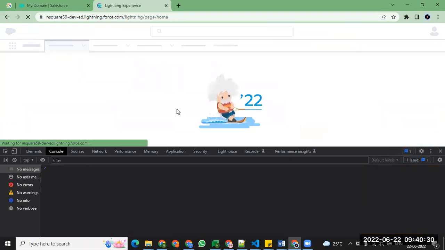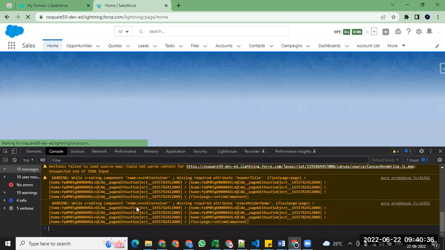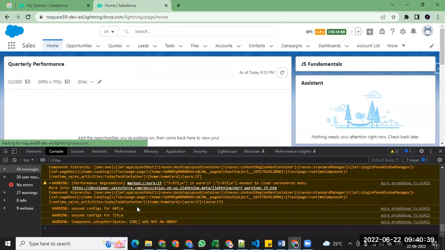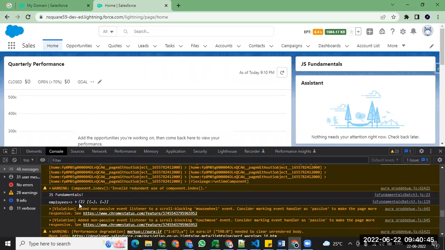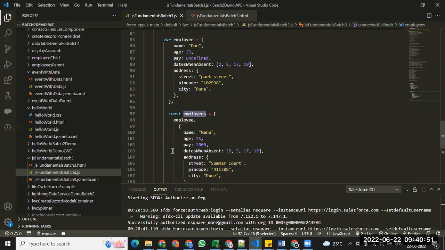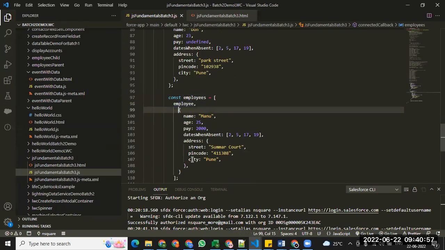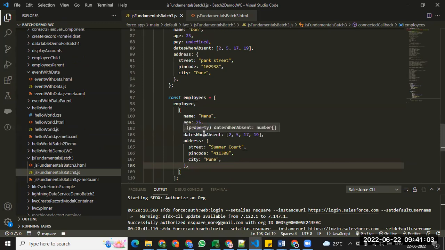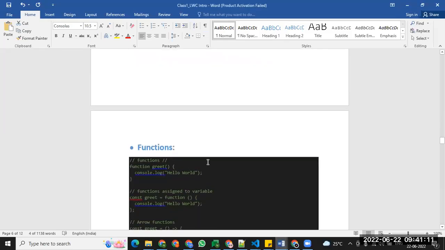Let's see if we are getting correct output. So again, if you come back and see, you will see the same output, because we are just referencing this object variable and again creating a new one, right? So I hope everyone is getting these things. These are very basics, but maybe not today. Maybe tomorrow we'll be starting with the actual LWC